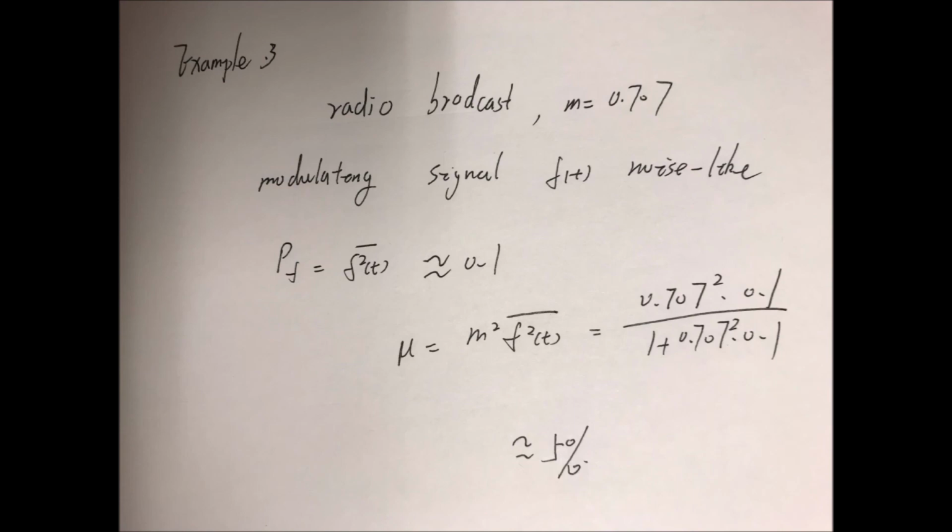Now let's look at my efficiency. So 0.707 square. This time my message power is around 0.1. So I substitute my m and the f square bar into it. What is my efficiency? If you have a calculator, you calculate. I have the answer, but I want you to just